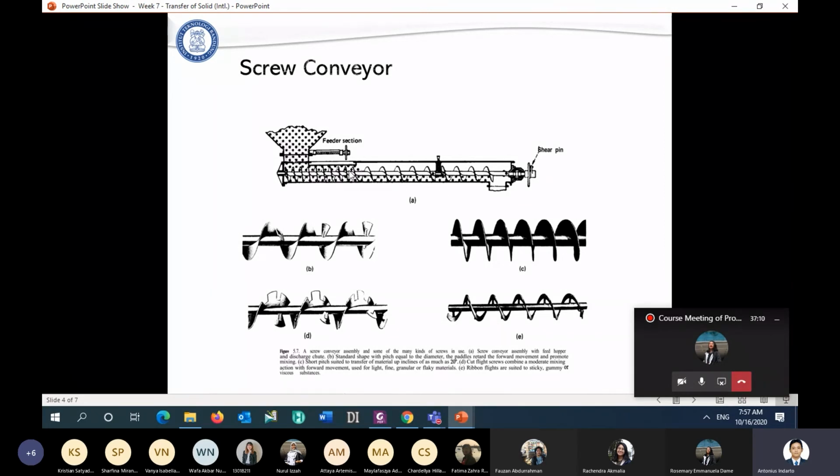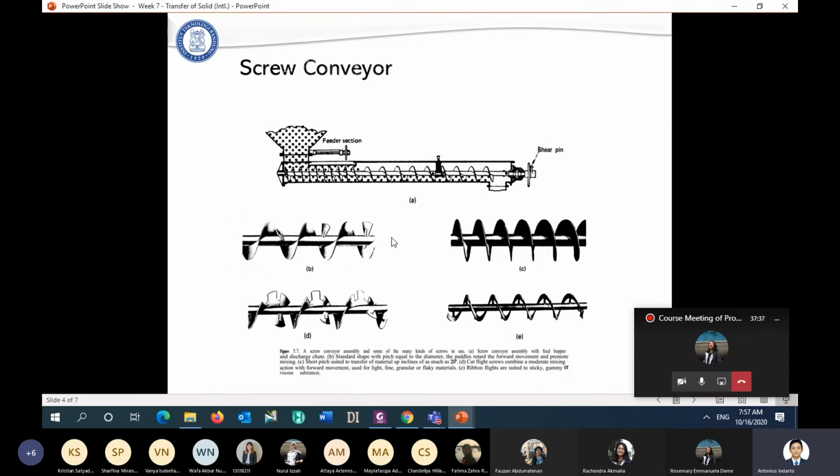Okay, and the screw conveyor also helps to segregate the solid particles when we have, for example, an agglomerate form. Because of the movement of this helix structure, we break the agglomerated particles into smaller ones.